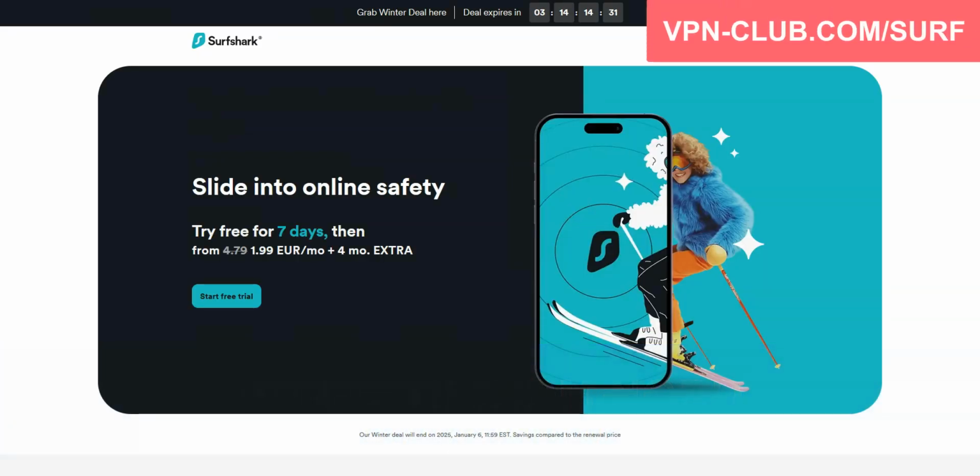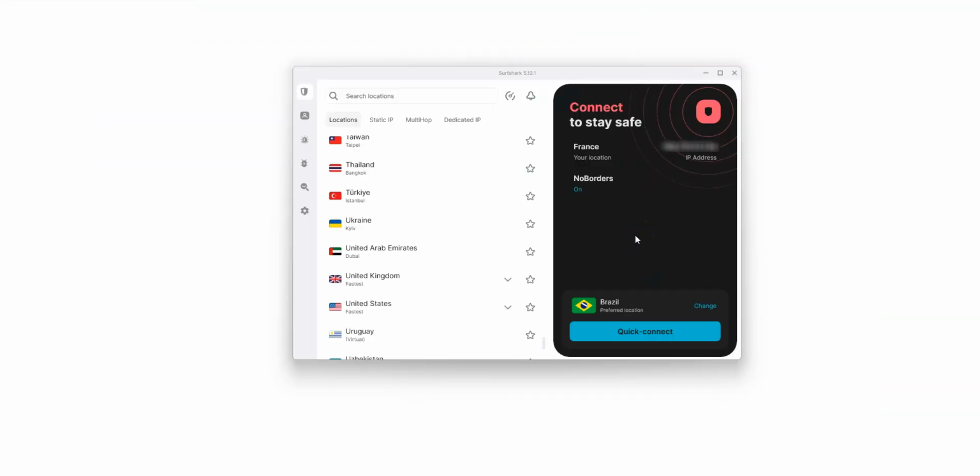Another great VPN to unblock TikTok is Surfshark VPN. Surfshark is another high-quality VPN with over 3,200 servers in 100 countries. Just like NordVPN, Surfshark is available on Windows, macOS, iOS, Android, and so on. You can use it on an unlimited number of devices simultaneously. This is something very few VPN providers offer. Very effective to bypass censorship as well.